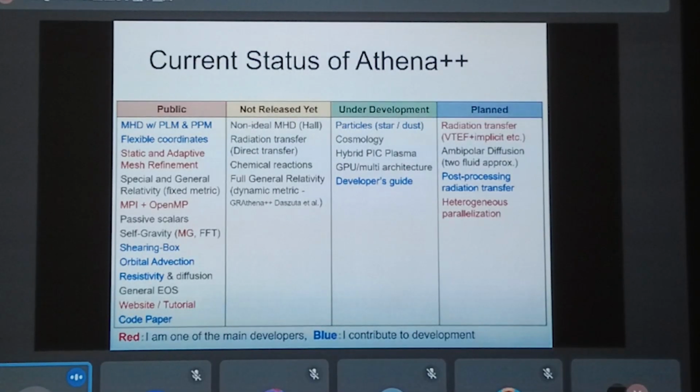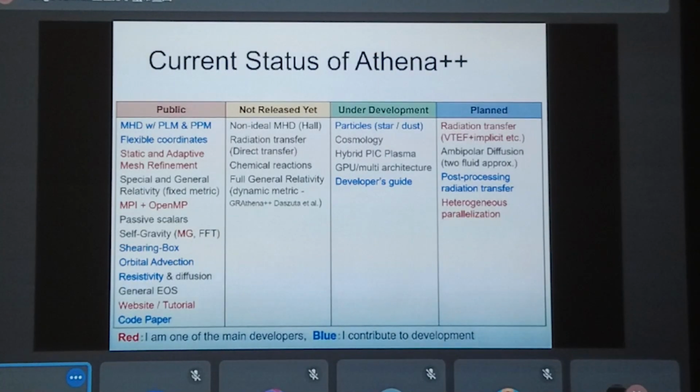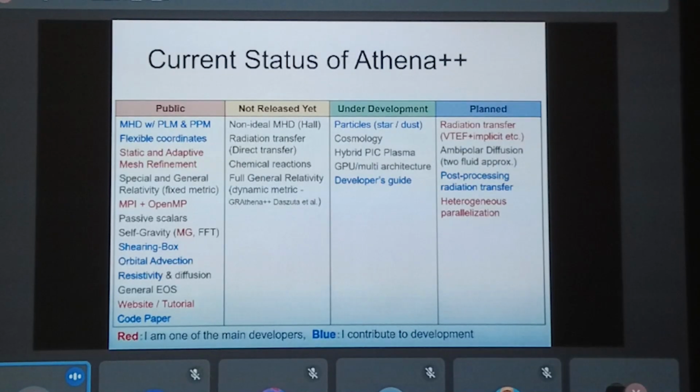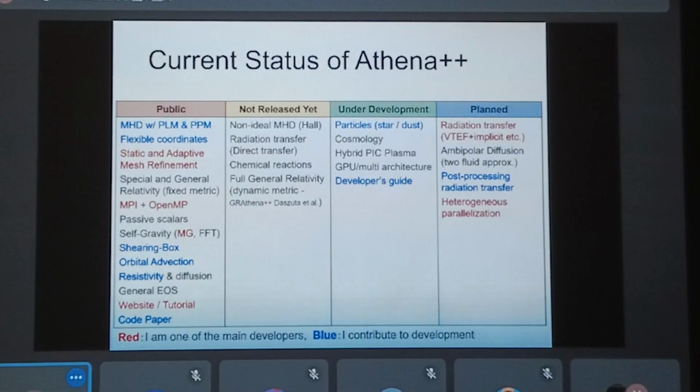It starts from a simpler version, so it supports less physics, but it supports GPU and other architectures. It is already public on GitLab. So if you are interested, you can also take a look at this project. In the future, we are planning to introduce more physics like radiation transfer using the implicit integrator, and diffusion. Diffusion is already included in this diffusion model, but it's on a single Fourier approximation. For some realistic problems, we need two Fourier approximations, so that's on the plan.